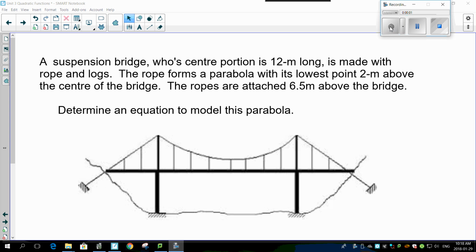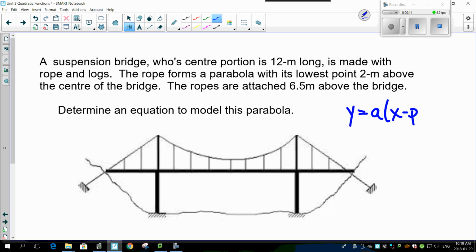Okay, so let's actually start putting some practical application to our parabola formula. Don't forget, and I've written this I don't know how many times already in the podcast, y equals a(x minus p) squared plus q. There it is. But now if you read the question, it says a suspension bridge whose center portion is 12